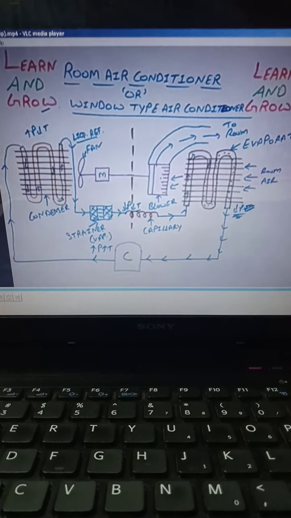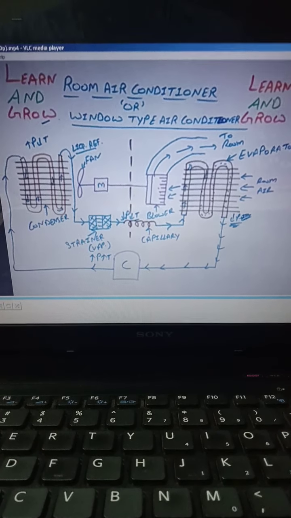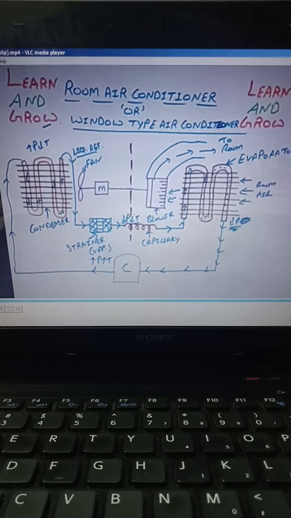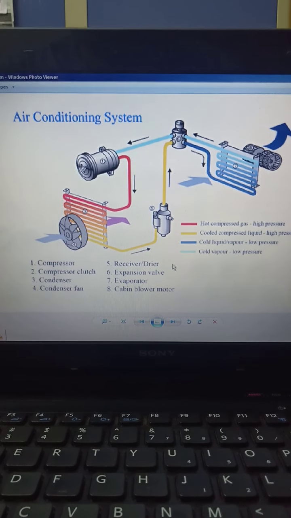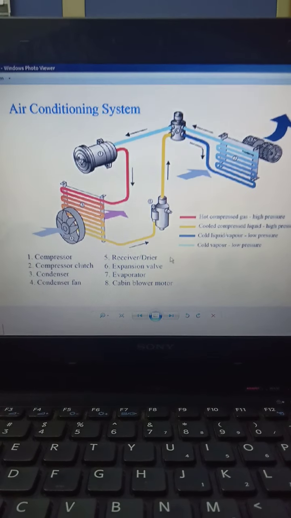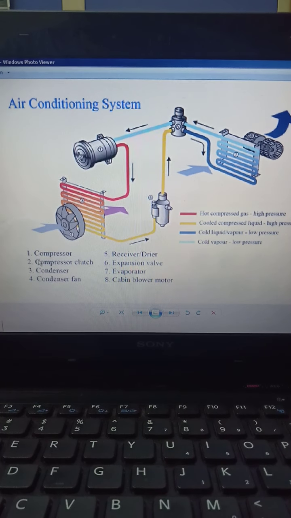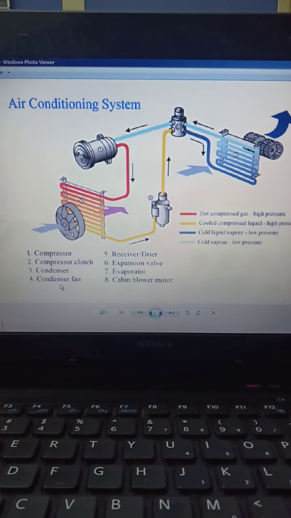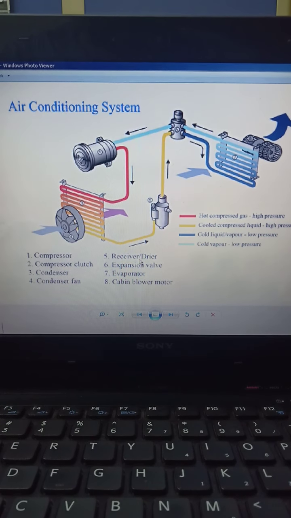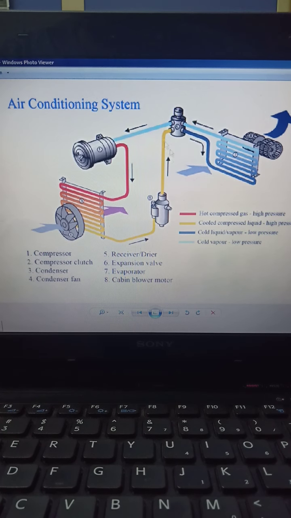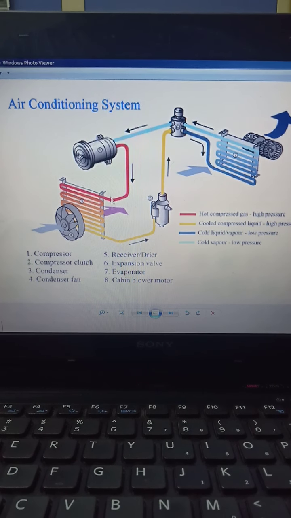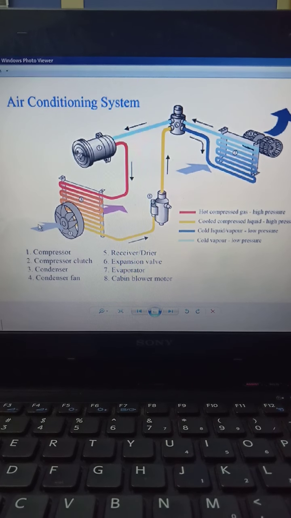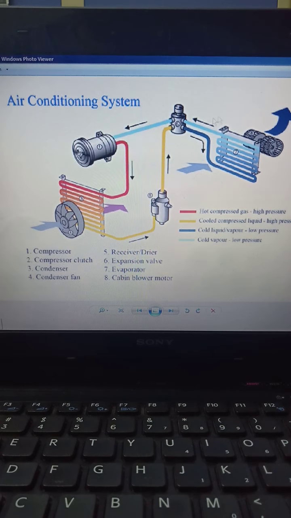Let us look into the other diagrams which will give you a clearer picture of the refrigeration. Okay, so this is the diagram where you can see a clear picture. So various elements have been added over here. We have a compressor clutch, the condenser fan, the receiver. So this area which is shown in blue will be the cooling area, and this is the area which we call the hot area. Generally, this hot area will be outside, and it will be sending the heat towards the atmosphere, and this area will be kept in the room.